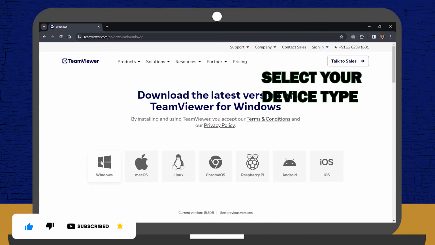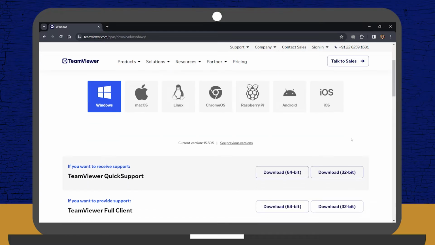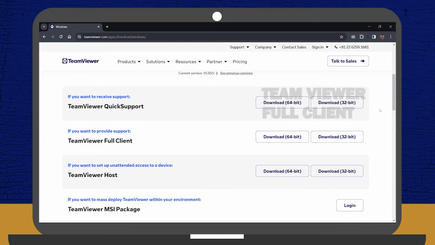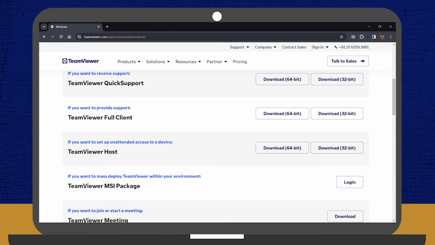From here, go and select your device type, and now you want to scroll down and download the TeamViewer full client, and you have to select your Windows type. So if you have an x64 or if you have an x32, if you don't know what type of system